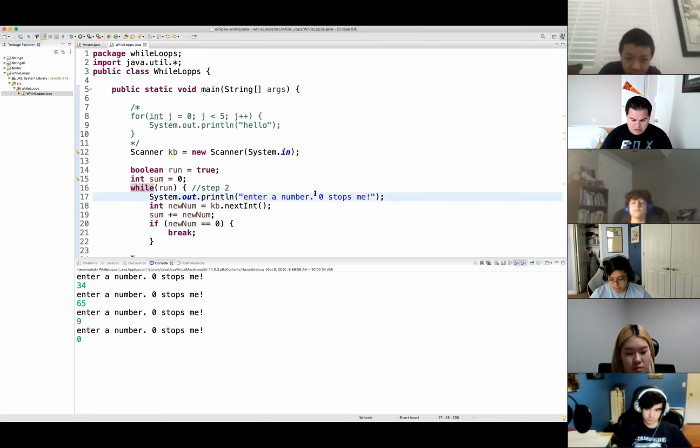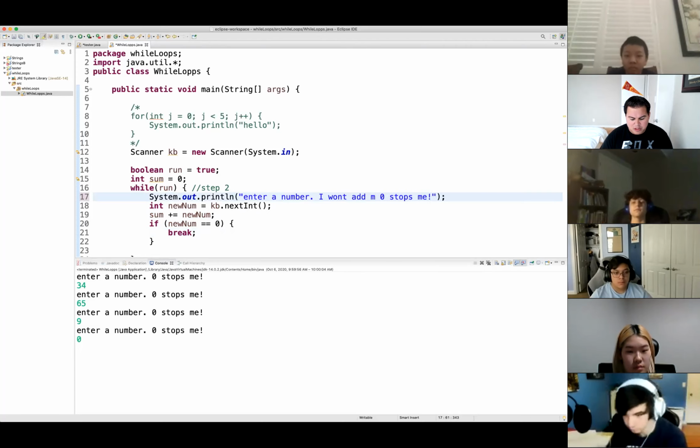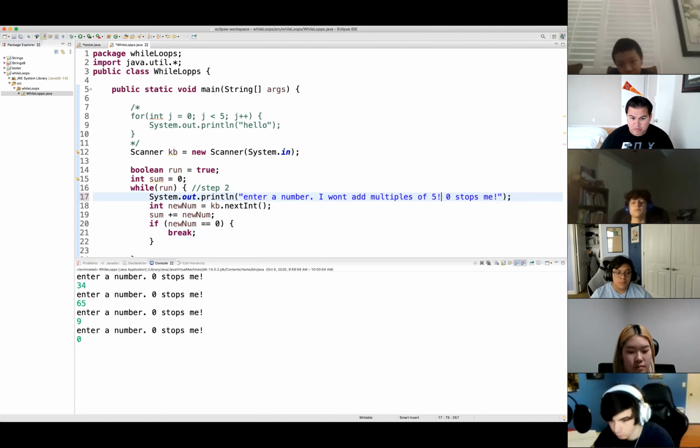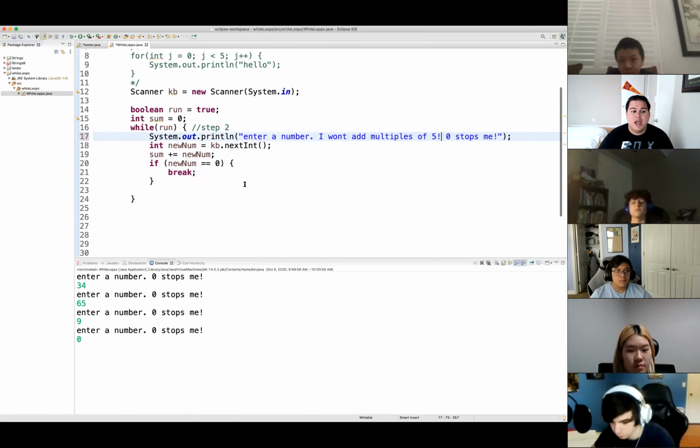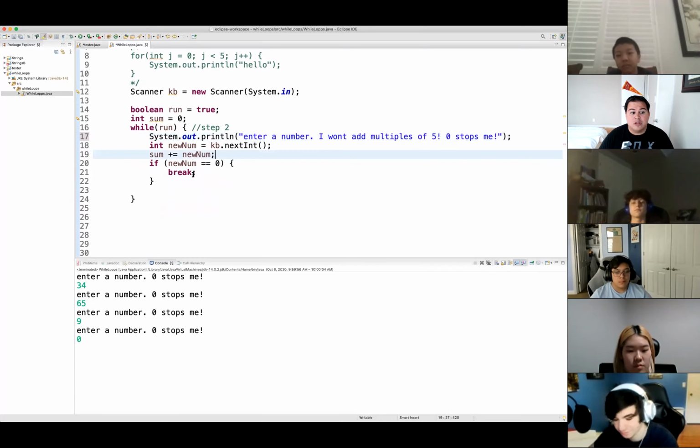What if I said I won't add multiples of 5? In terms of multiples, we're going to make a modification here.